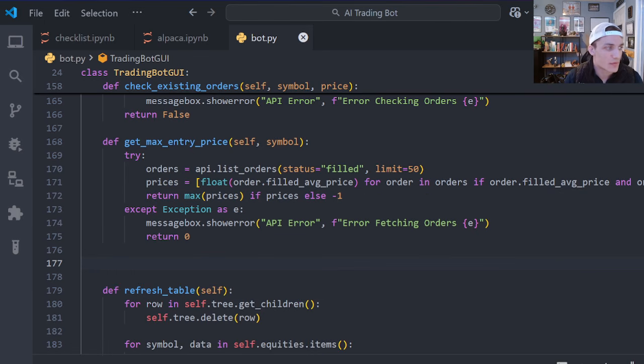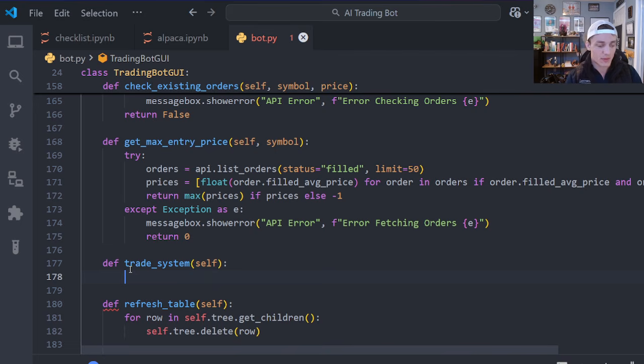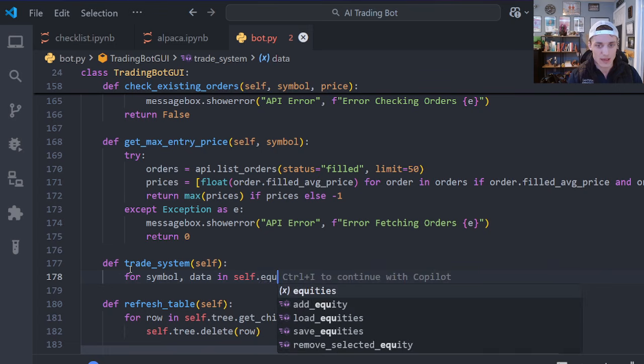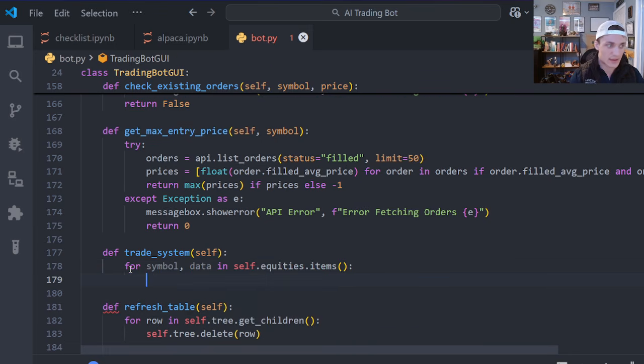Okay, home stretch for the trading system itself. We need to create a new function here. This is probably going to be the most involved function. We're going to call this trade system. And we're going to iterate through all of the rows. So we're going to say for symbol, data in self.equities.items. We are going to go ahead and say if the status of the system is equal to on,